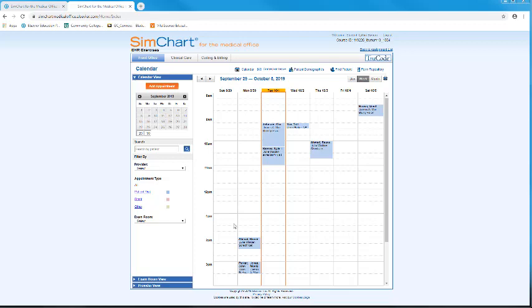This video is to demonstrate how to create an office encounter for the transactions when a patient comes into the office. When you go into your SIM chart for the medical record, whether this is your EHR exercise or your numeric